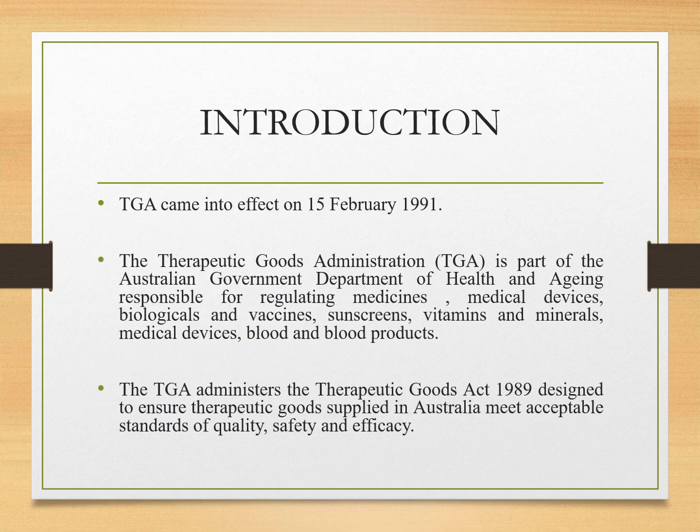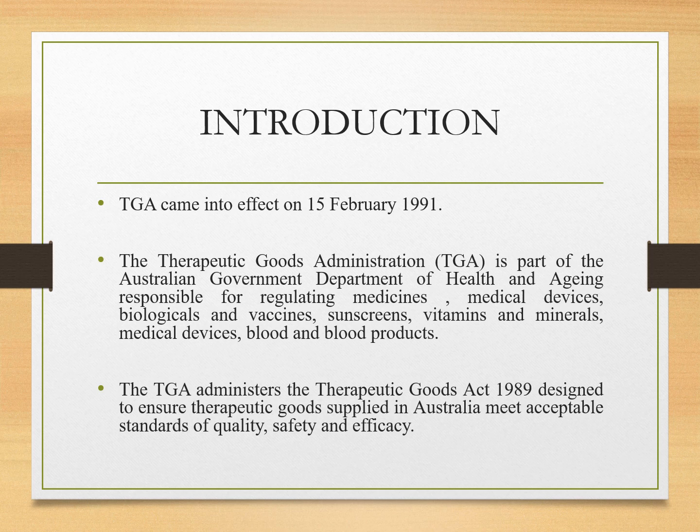Introduction. TGA came into effect on 15 February 1991. The Therapeutic Goods Administration is a part of the Australian Government Department of Health and Ageing, responsible for regulating medicine, medical devices, biologicals, vaccines, sunscreen, vitamins and minerals, blood and blood products. The TGA administers the Therapeutic Goods Act 1989, designed to ensure therapeutic goods supplied in Australia meet acceptable standards for